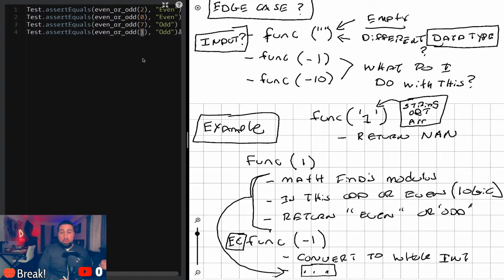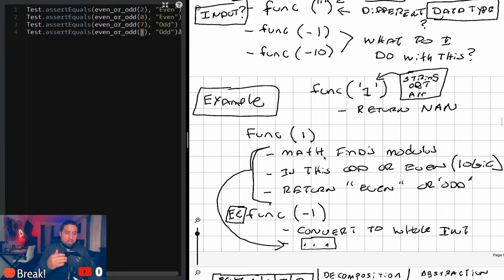So for now, I'm not gonna worry about it, but I think because of the way I'm looking at this and looking at the examples that I've put together, I think I'm gonna say, actually let me set my timer.